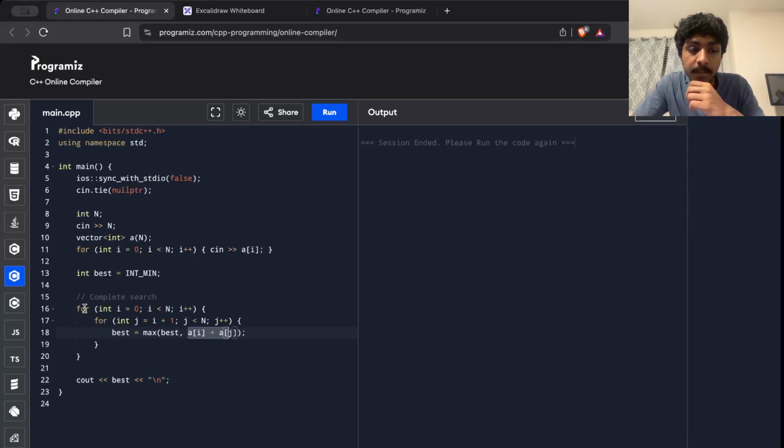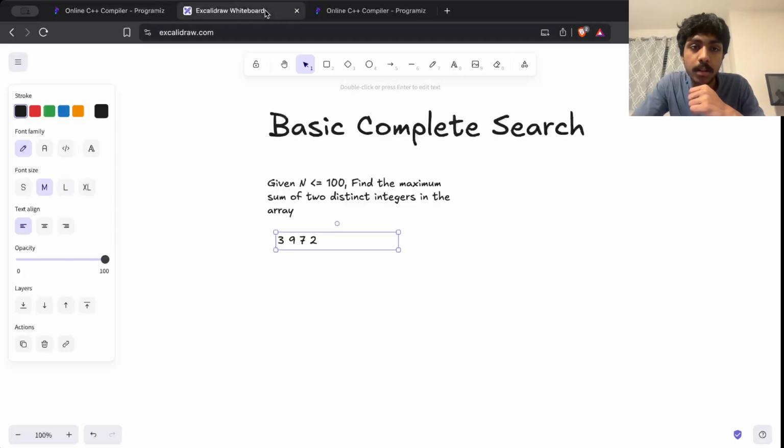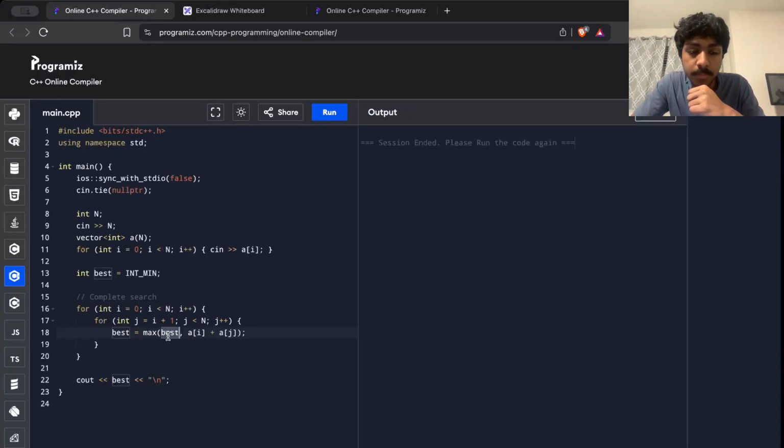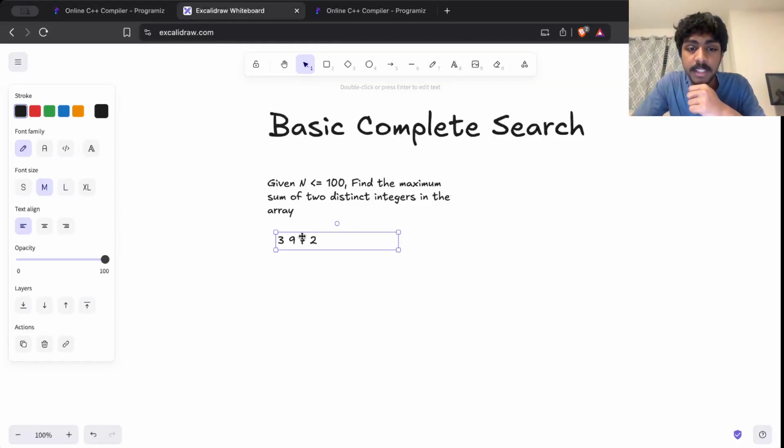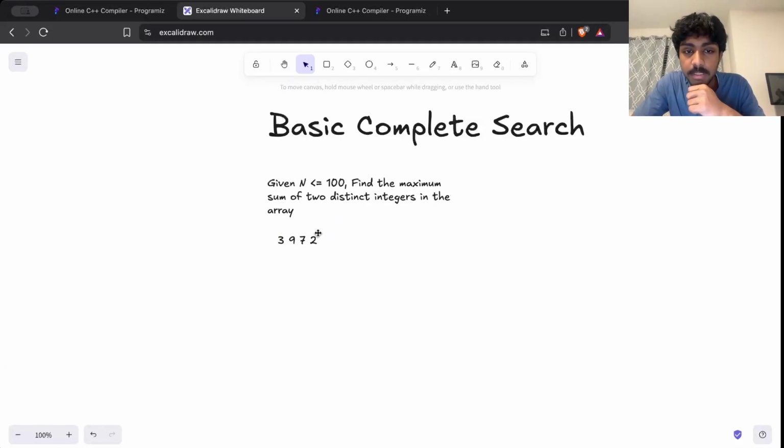Now we're going to do this again. So rerun this for loop and say 3 plus 7. Well, we have 12 and 3 plus 7, which is 10. What is the max value for this, 12 or 10? Well, 12. So we're going to keep 12 and run this loop again, and essentially what it's going to do is 3 plus 9, 3 plus 7, 3 plus 2, and then when j finishes its iteration,